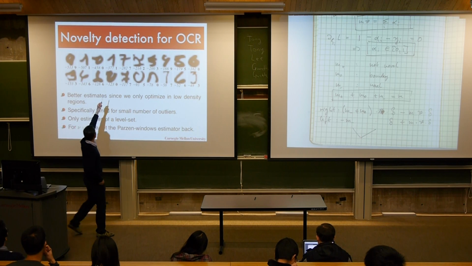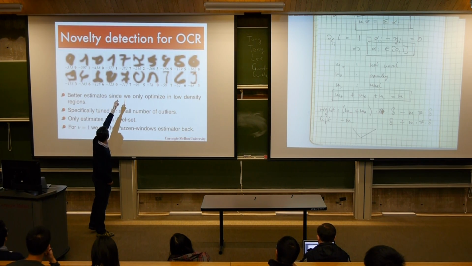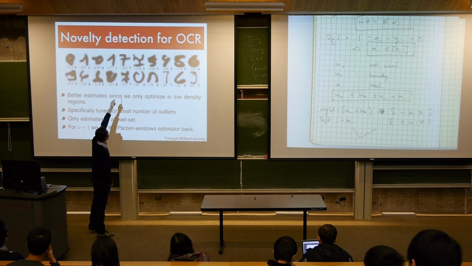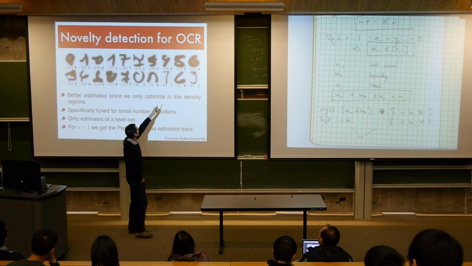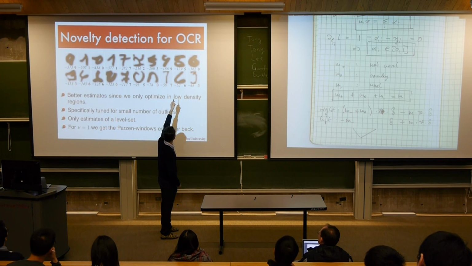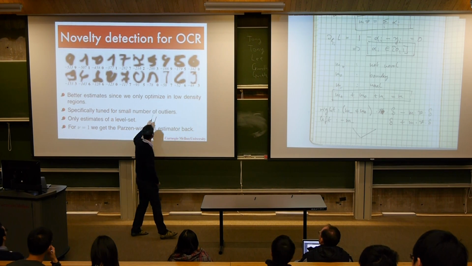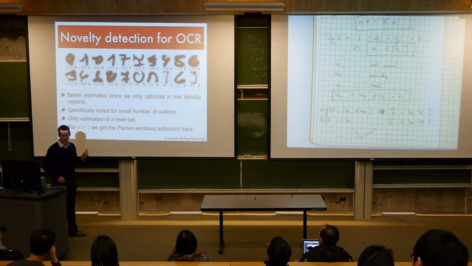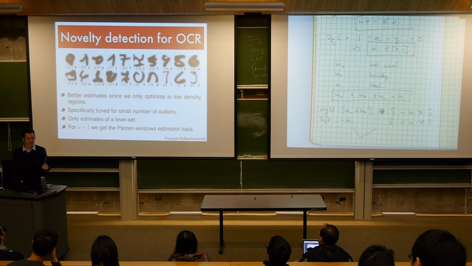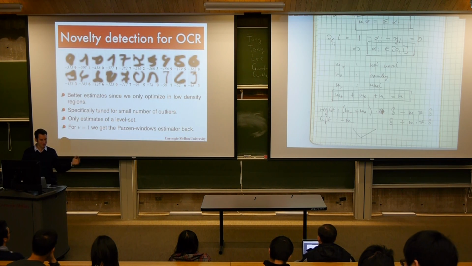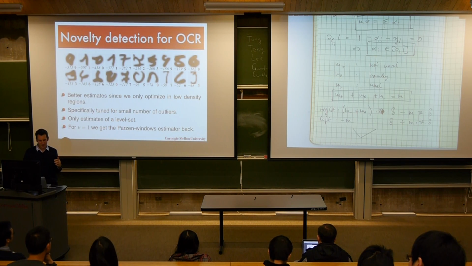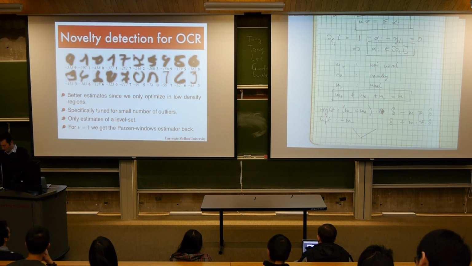So whether this is a 0, mind you, this was a US data set, so it's clear that this is a 5. Well, you could really argue that this is a 0. Well, this looks very much like a 6 to me, and so on. So this shows that there's a lot of uglier data in that data set, and by actually optimizing for low density regions, as opposed to just using a density estimate and then thresholding, you get something very meaningful. The really fun thing is that if I set nu equals 1, remember we had this condition